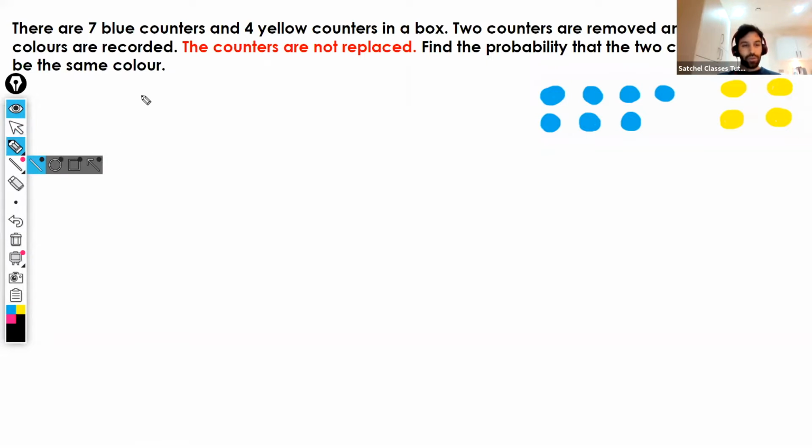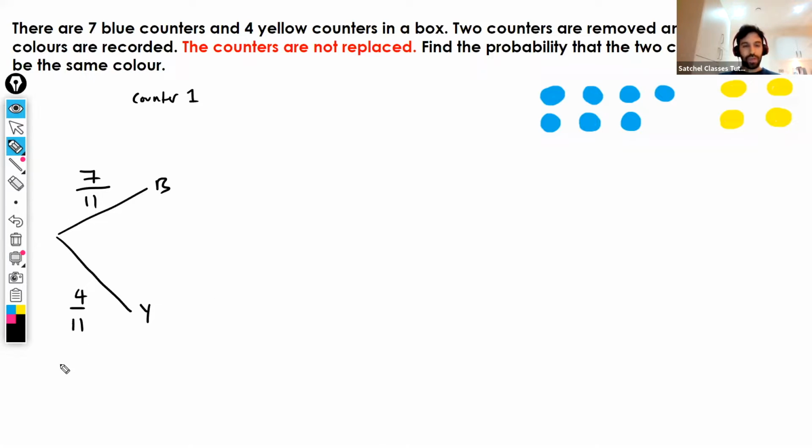So counter 1. So our tree diagram will look something like this. So we can either get blue or yellow, and the probability of blue is 7 out of a total of 11 counters, and the probability of yellow is going to be 4 out of a total of 11. Now when we go to pick the second counter,